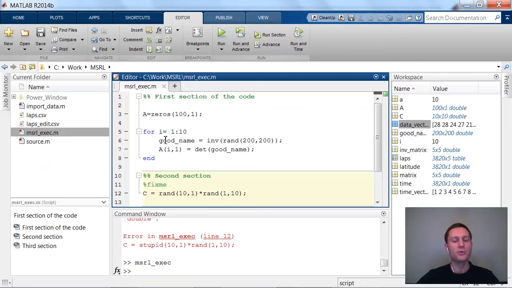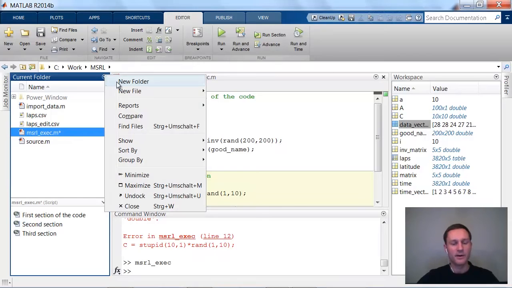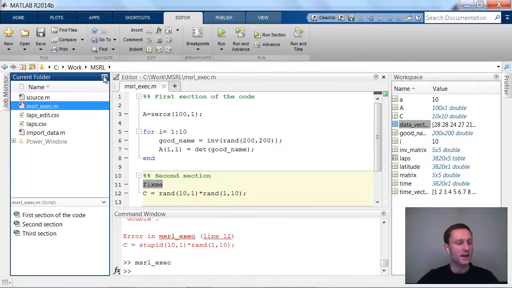Now I'd like to show you something about reports. First of all, I will uncomment a certain fraction here. It's a section called fix me. I guess you will type fix me in case you are working on something, you had to stop, but you want to leave a check mark that you should continue working there. This is a very easy thing. If you click on that arrow here,